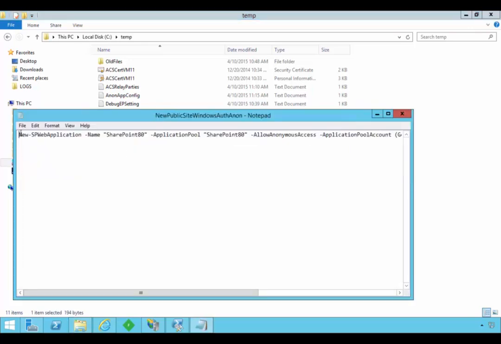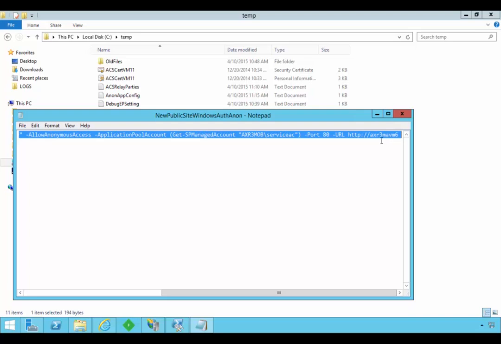So we're going to run a command which is New-SPWebApplication. I'm going to give it a name, in this case SharePoint 80. The application pool is going to be SharePoint 80. Now that's just convenience because I'm going to put this on port 80. Now the important parameter is AllowAnonymousAccess, and I'm going to use my service account for this domain, and the port number is going to be 80, and the URL is just going to be HTTP and this particular machine name, which is my 06 machine, so R3MAVM6 in this case. So I'm going to copy that command,